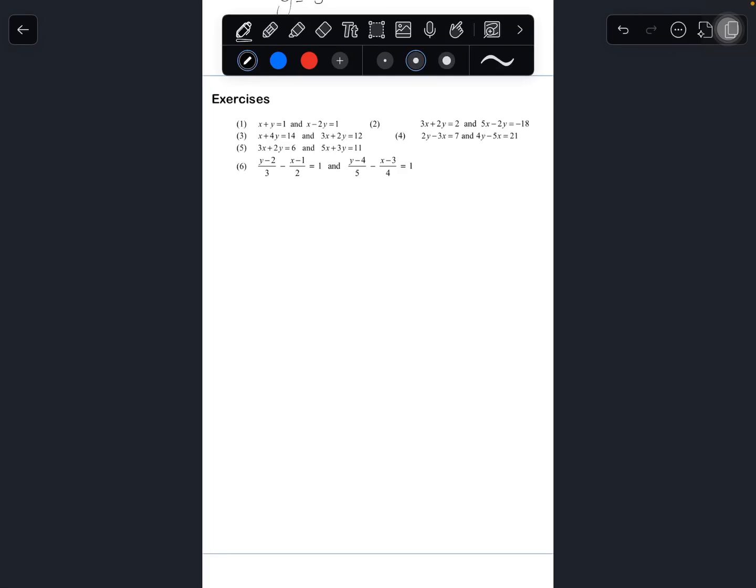So we have x plus y equals 1, and then we have x minus 2y equals 1. So what are you going to do in a case like this? Are you going to add or subtract? Since they're both positives, we're going to subtract them. Okay? So I'll have the x's cancel out, right? This negative 2y, since I'm subtracting a negative, it'll then become a positive. So I'm going to have 3y